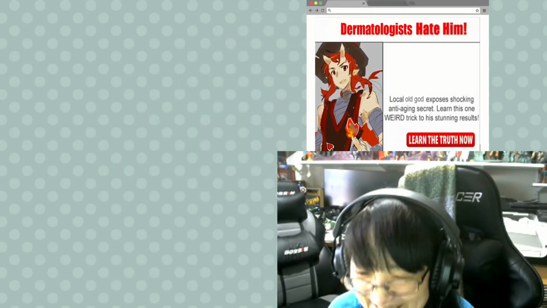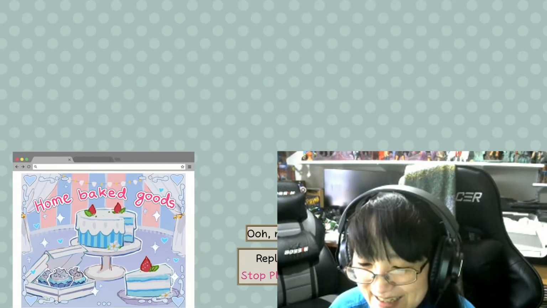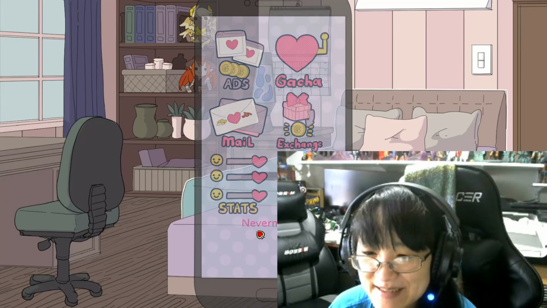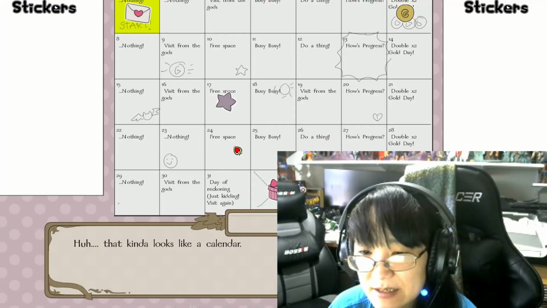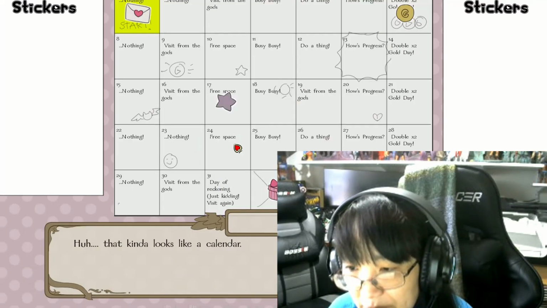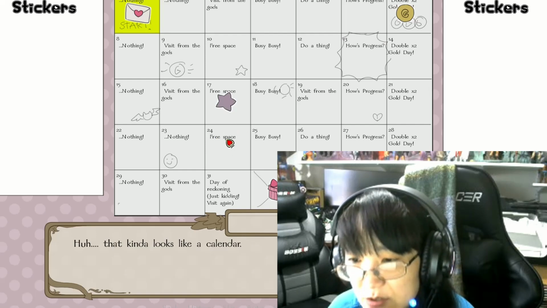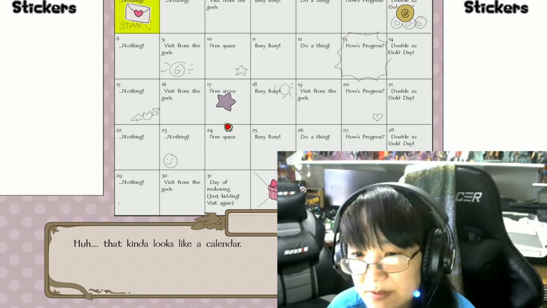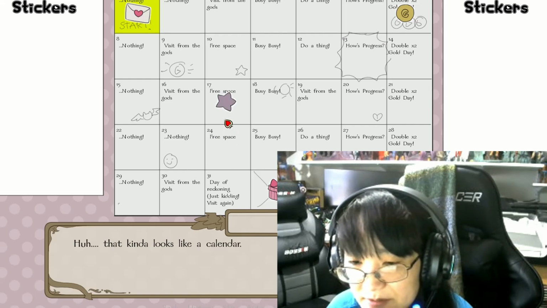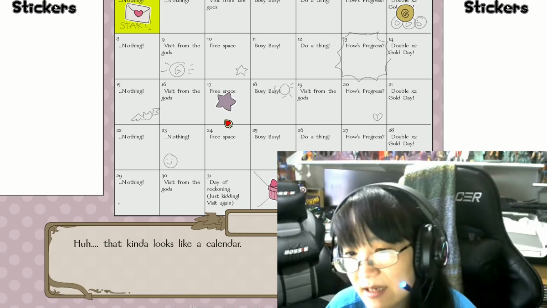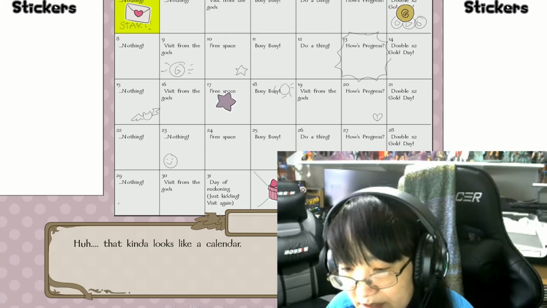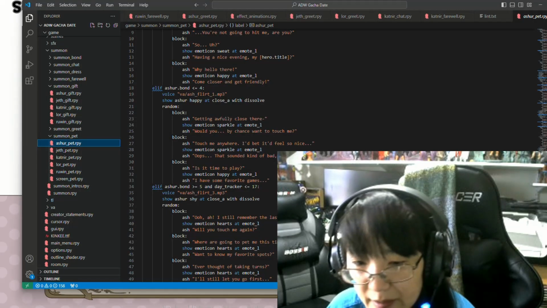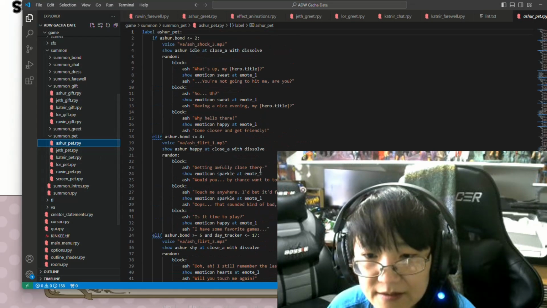love interests. I don't know why I clicked that. That was an accident. Okay. I was thinking of the calendar. You'll have more days left over to just interact with them. You will have more, I guess, space to explore all the different goofy things you can do with them, as well as possibly see more of their variable dialogue, because there is a lot of dialogue that is